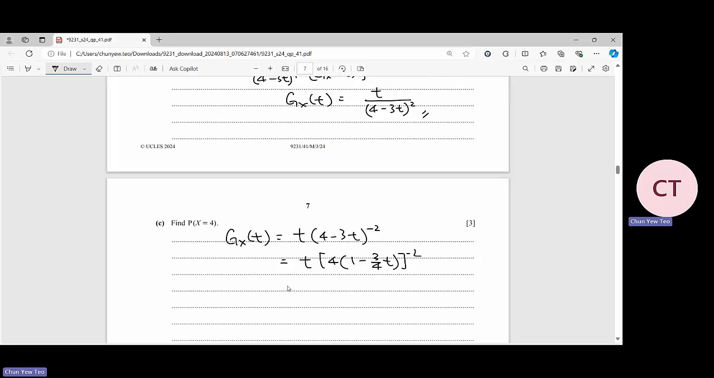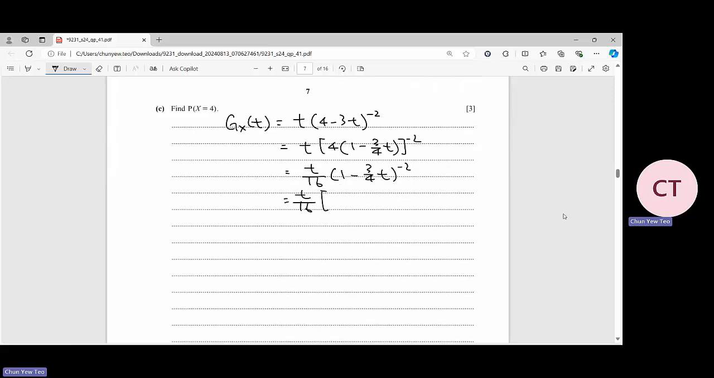Make it like this. Then I have t over 16 of (1 minus 3 over 4 t) to the power -2. Then for t over 16, use the formula booklet, check the binomial expansion. Then for this one, you will get 1 plus the -2, -3 over 4t. Oh, this one is a bit long. So this one is -2, -3 over 2 factorial, -3 over 4t to the power 2, plus the -2, -3,